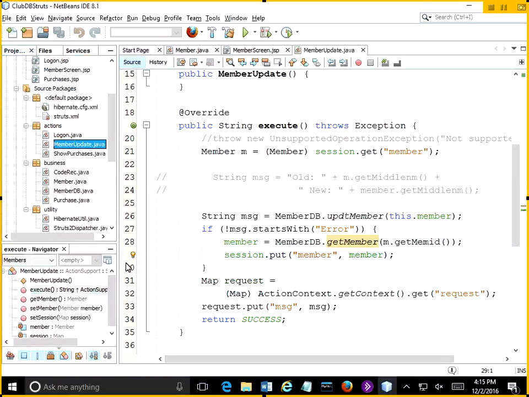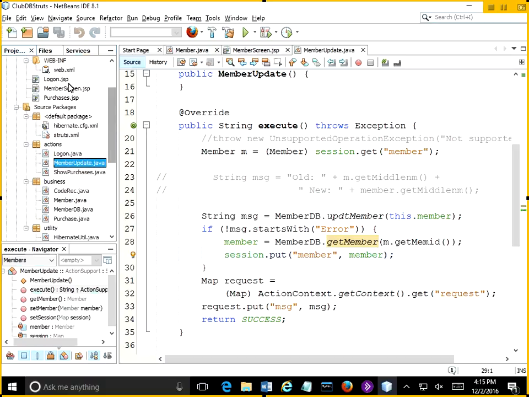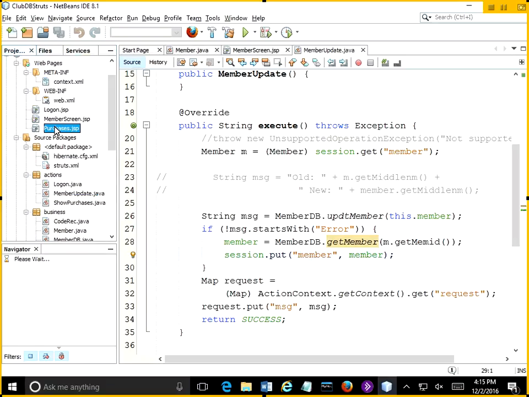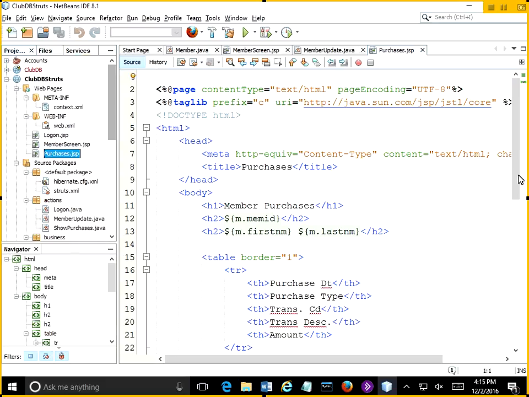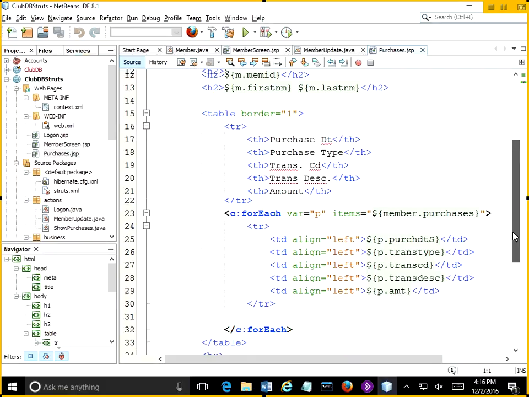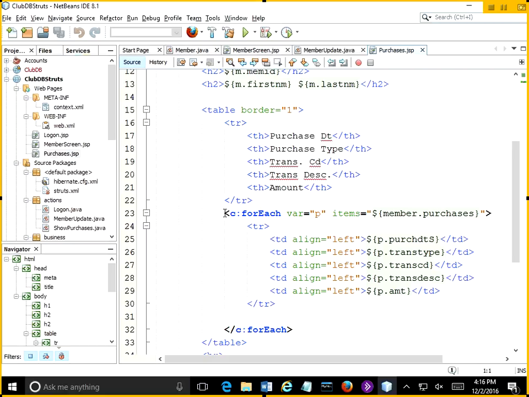And so the only last thing I wanted to show you is that there is a Struts tag, the iterator tag, rather, and that can be used in place of the JSTL. Now, there's really nothing wrong with the JSTL, and it does mix in with Struts, but if we go to Purchases JSP, where we'd been calling for the expression language to do all of this stuff for us, I am going to